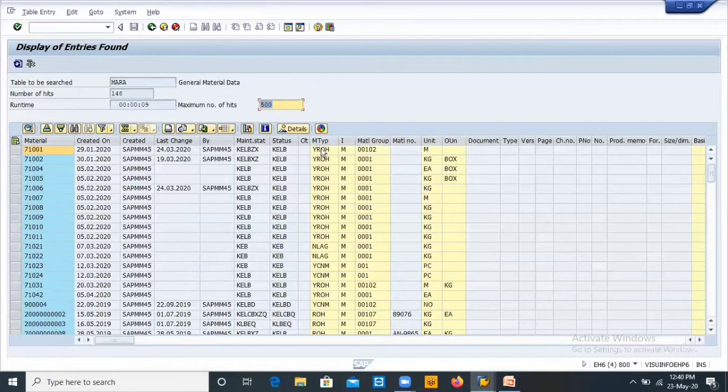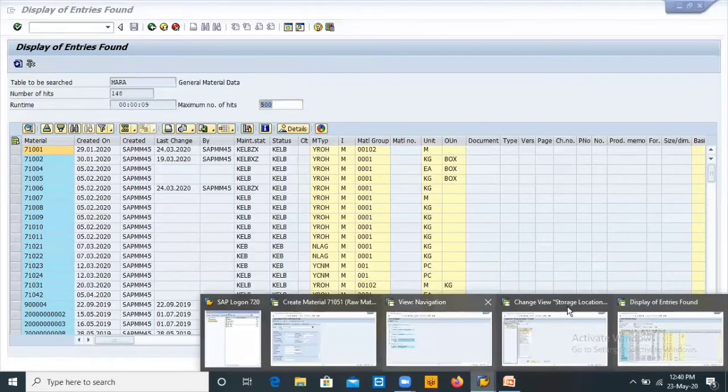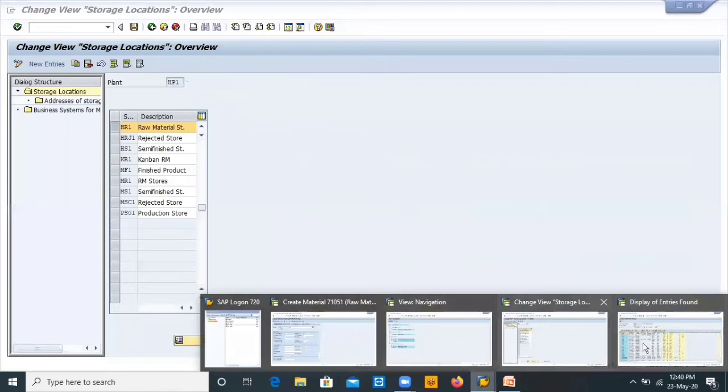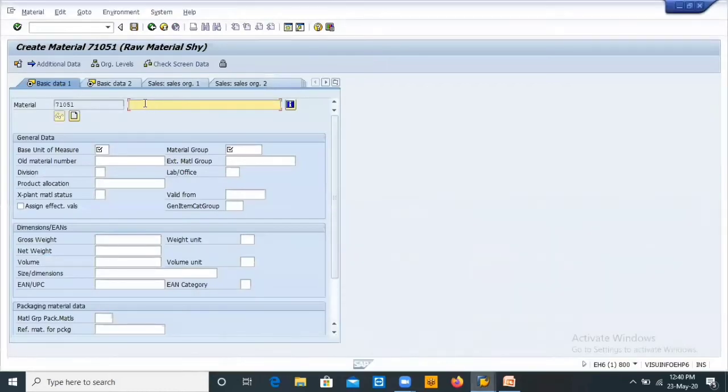These fields, material type ROH and material group, come under the Mara table, and the unit of measure and material number also come under the Mara table. So the description of material, basic unit of measure and material group, these three come under the Mara table, and the order unit comes in the purchasing view.